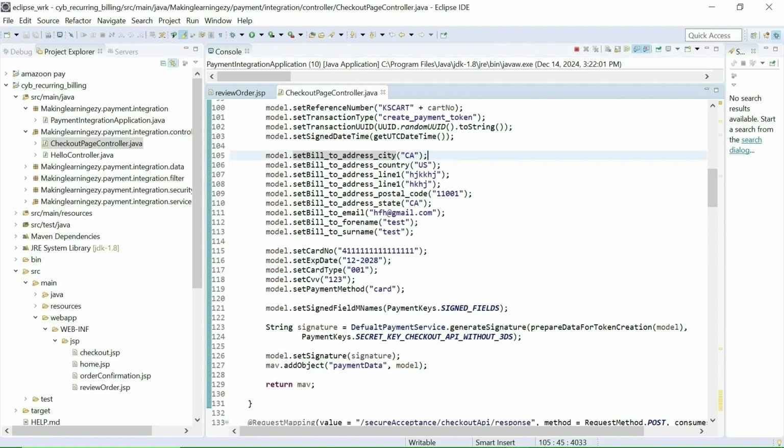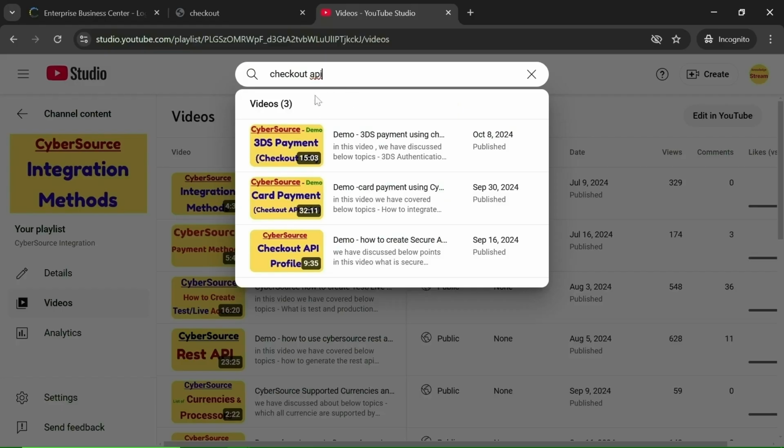The Secure Acceptance Checkout API integration method, I already explained thoroughly in my previous videos. That's why I'm not going line by line. You can visit those videos. These are the videos related to the Secure Acceptance Checkout API integration method. You can go through these videos to understand how exactly the Secure Acceptance Checkout API works.